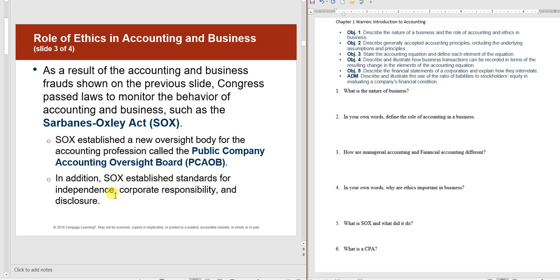In other words, you cannot audit a business that you also do work for. So if I provide consulting services for a business, I can't do the audit because I'm not independent. I have a financial interest: I'm invested in the company doing well because I want to keep getting paid for my other work.